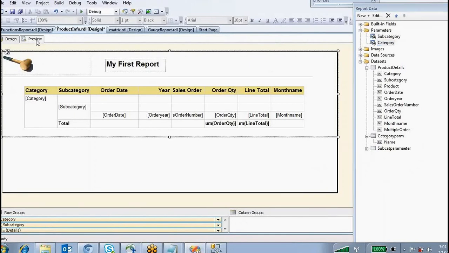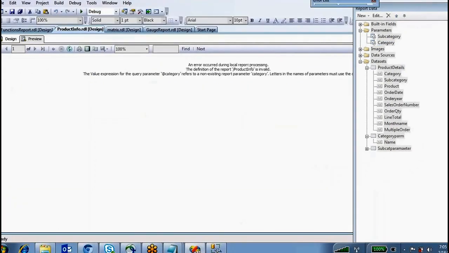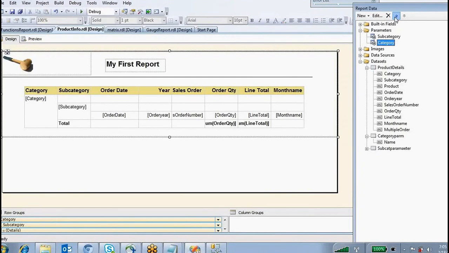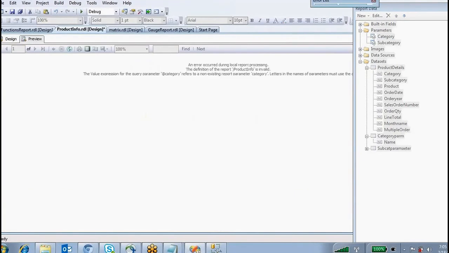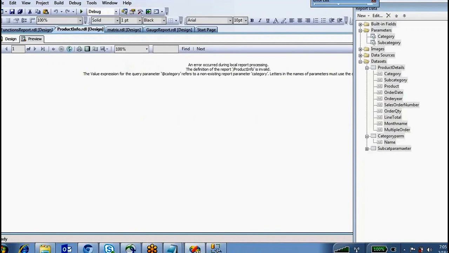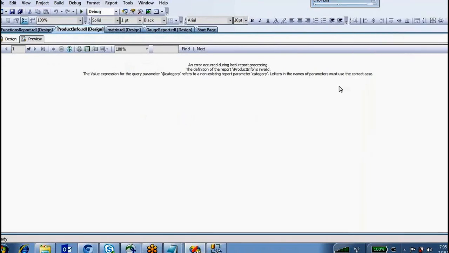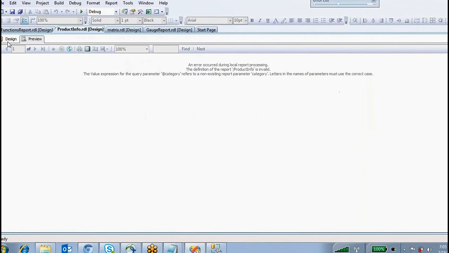So what kind of error is it giving? See, the value expression for the parameter category refers to non-existing. So always you have to put it in the top. Preview it. The value expression for the query parameter. Okay.